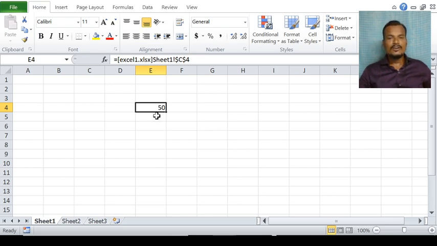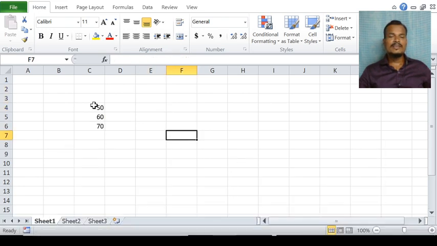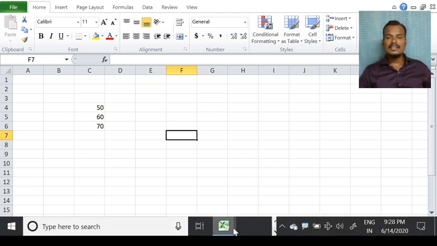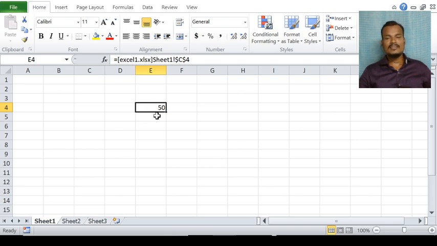If you want to do it by using the mouse, whatever formula is there, the same formula you have to write here. This is by using the mouse. And if you want to do it with the keyboard, here it is C4. See here, this is Excel2. In Excel1 you observe this is a different file. So this value we have referred in the Excel2 file. See here, it came here in the Excel2 file.